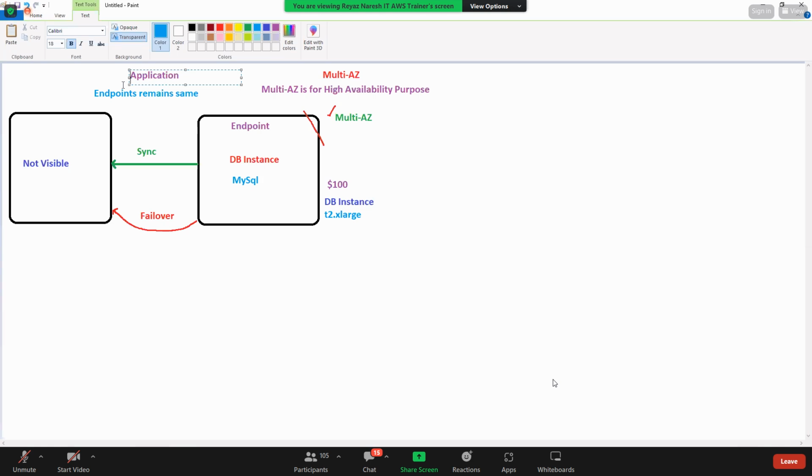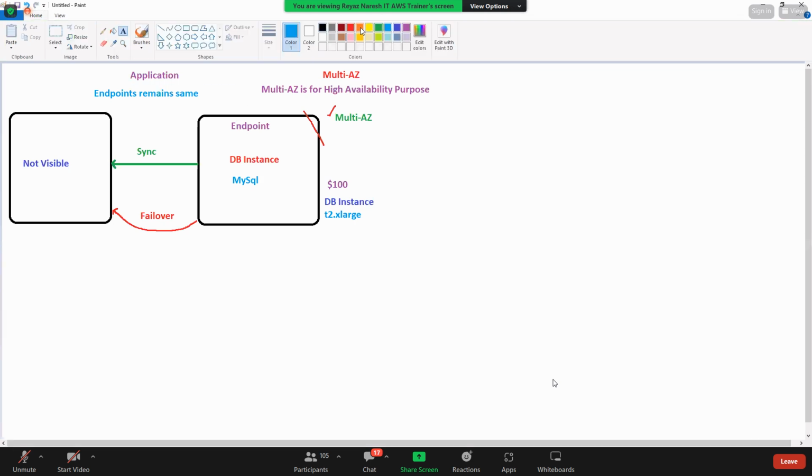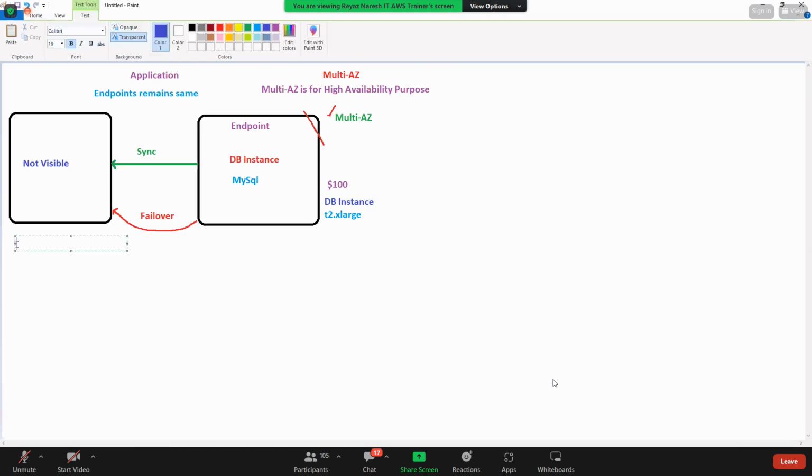Will DB level operations have failover? No. That is important. So can we treat the endpoint like an ELB? Yes, we can assume it is like an ELB. DB operations will not have any failover, right?